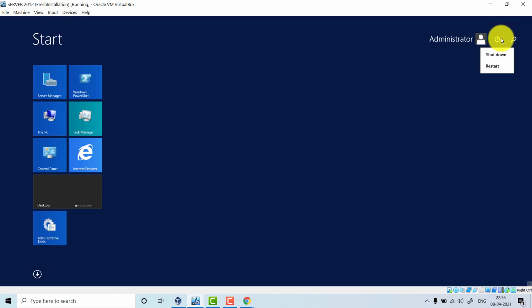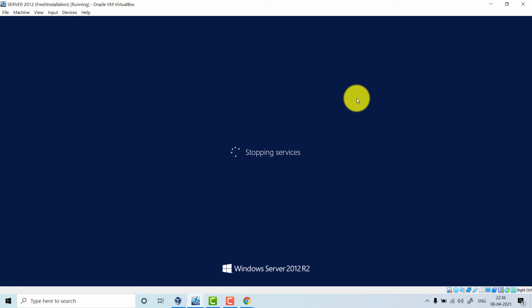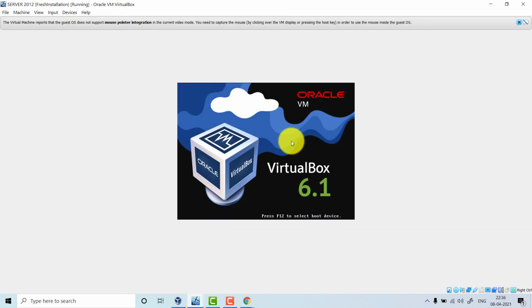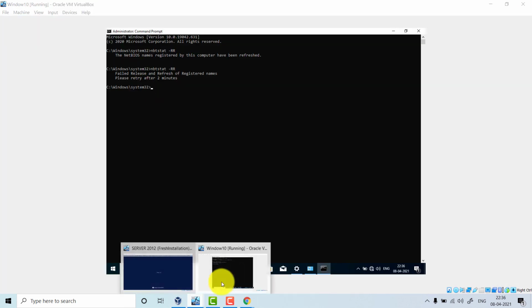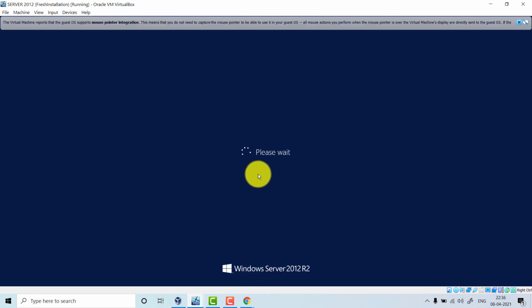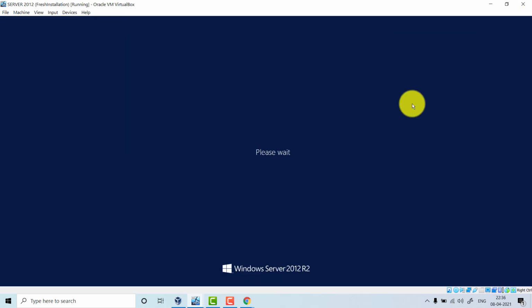Let us restart this server machine. It should display the entries of the client machine. Two minutes. Okay, fine. Let us check after restarting the server machine whether it is showing the entries or not.